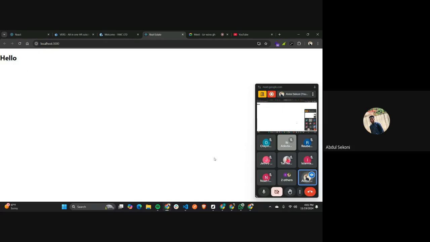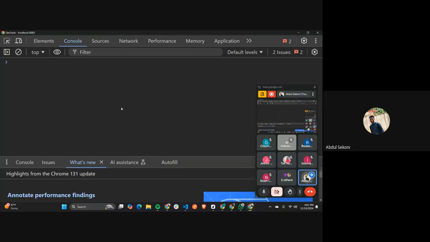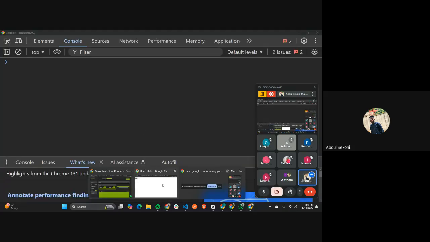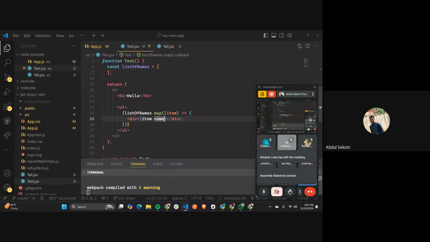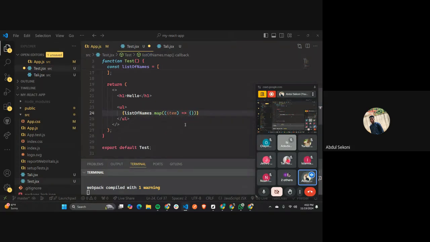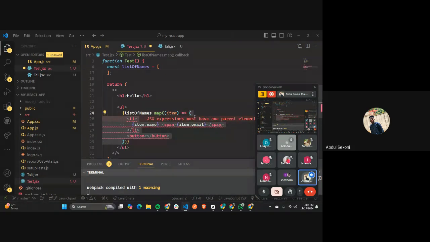It doesn't show. Is there any error on our console? No error. But this guy does not show. This is my item dot name, it does not show. Why? What is the difference between what I did earlier and this one? If I bring that back, you can see that there is a major change, but it's not that you cannot identify it properly. And it's this